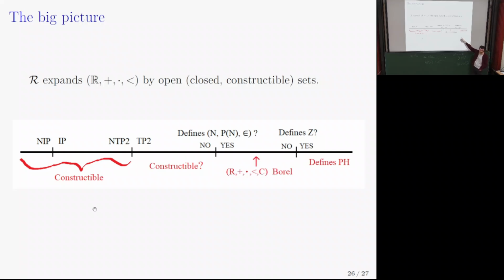Here there's a bunch of papers, one of them by Philip, where he introduces what we call a tame Cantor set. So a compact set with no interior and no isolated points. It's a tame Cantor set because it's not the usual one, it's not the ternary Cantor set. And he manages to show that this structure doesn't define the whole projective hierarchy, and in fact, every definable set is Borel. However, it's not constructible. The moment you have a Cantor set, even though it's compact, your structure stops being constructible. And that's everything. Thank you.